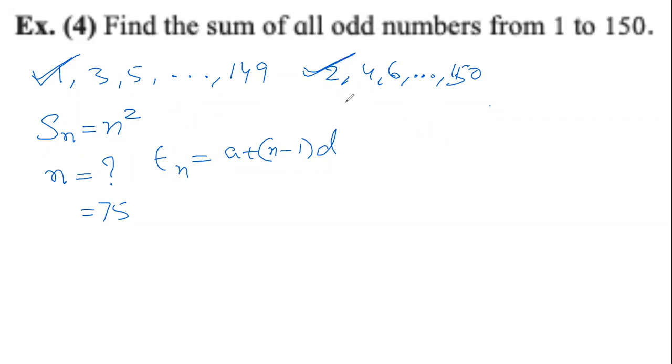Now here you very well know the number of terms in the AP on the right hand side, because every number is 2 more than the previous number, right? And in the previous question I explained to Shubham how we get 2, 4, 6, 2 into 1, 2 into 2, 2 into 3. So the number of terms here is 150 by 2, right? Which is 75. Once we get 75, we can use whichever formula we want to find the value.